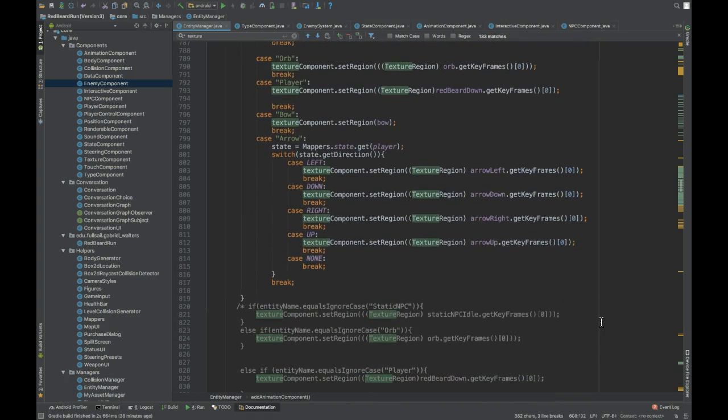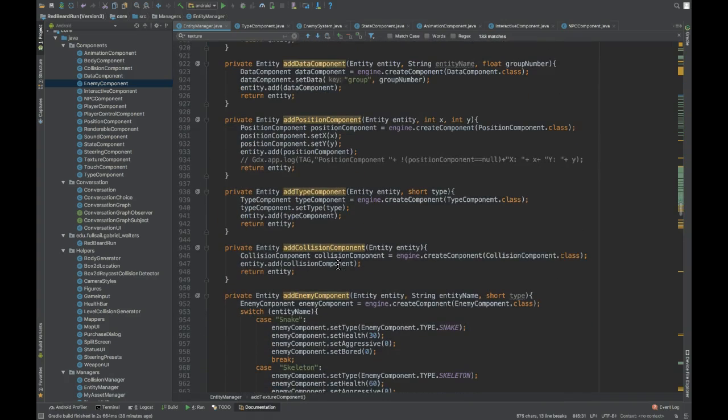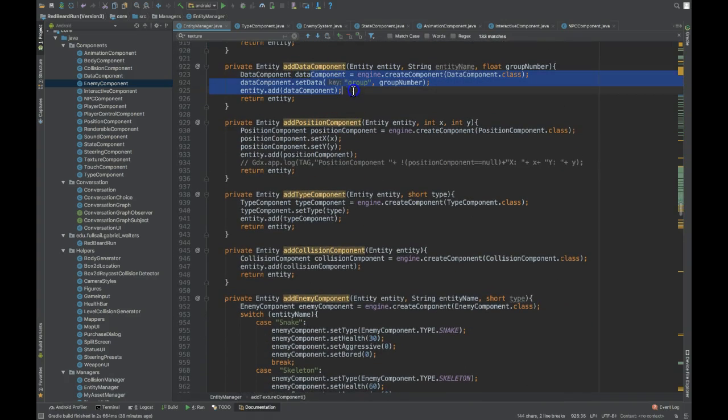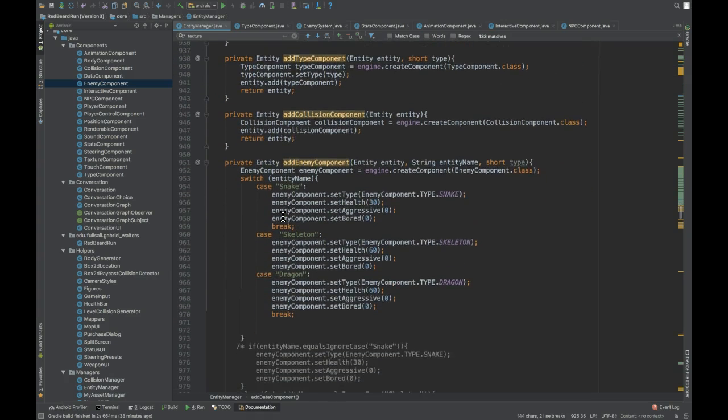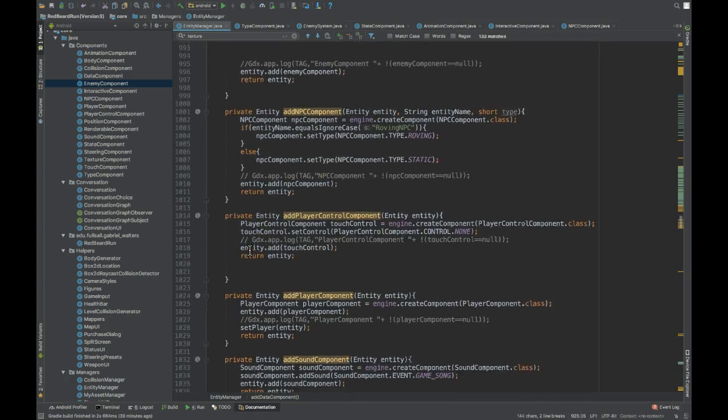For the arrow, I'm assigning the component based off the state that the player is facing, and then data, so that I can choose to have it. If it hasn't been destroyed, it will be destroyed when I switch screens, but it's most definitely destroyed before then. And then I add the position, the type, the collision,